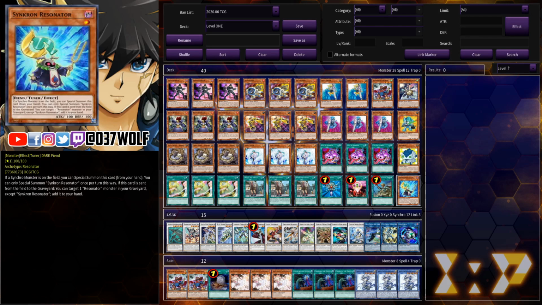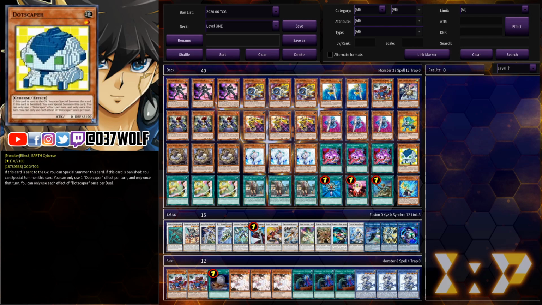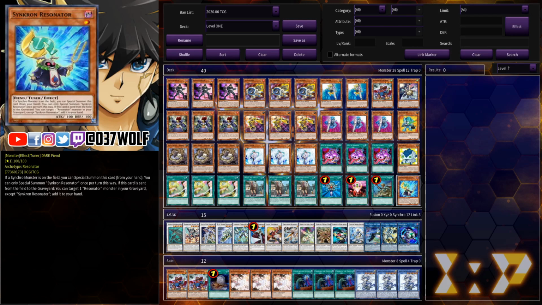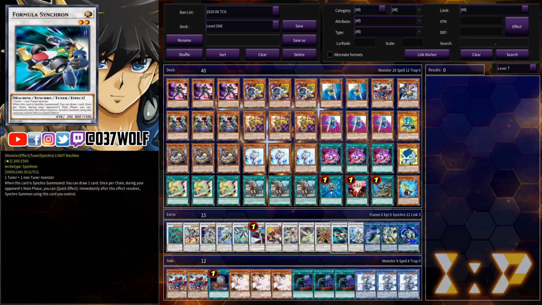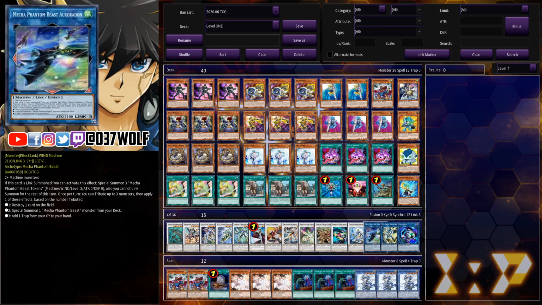Which is why I was playing Synchro Mercenary, because at first I was playing just three lefty driver, but then a Synchro Mercenary was coming at way too much, where I was missing that other level 1 tuner to just special summon, because most of the time you just have your Jet Synchron serve as a Brax material, right? So you can't really make your formula or your shaman, because you use that to make the Brax, and then